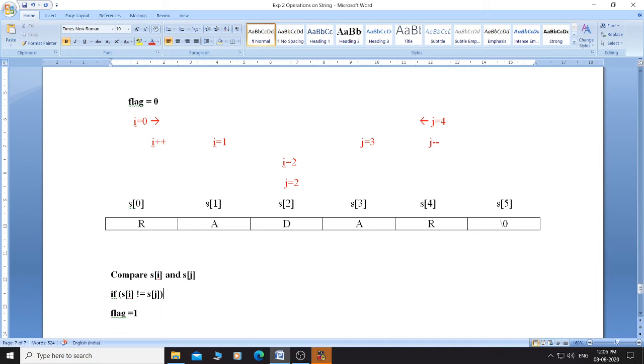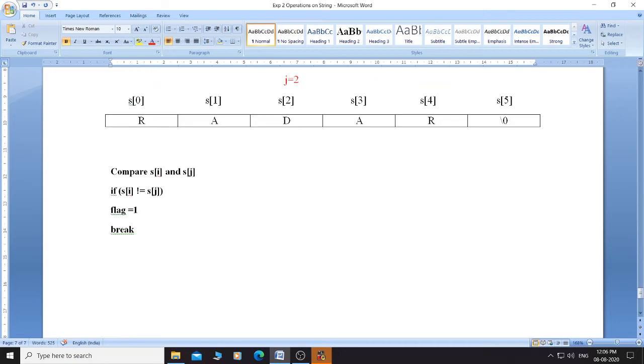Only when we get different characters, make flag equal to 1, and also break at that instant. Because if we are getting different characters, then there is no need to check further characters. If we get a different character at one particular point, then it is confirmed that this string is not palindrome. We have to stop at that instant only. For that purpose we will use this break statement.